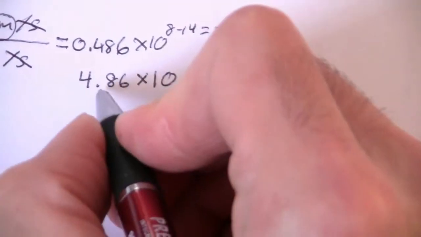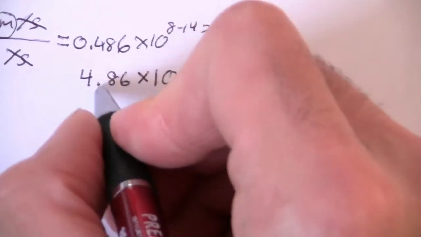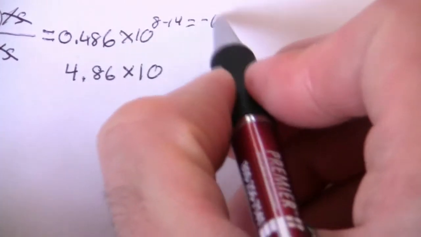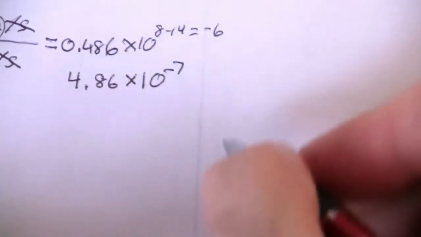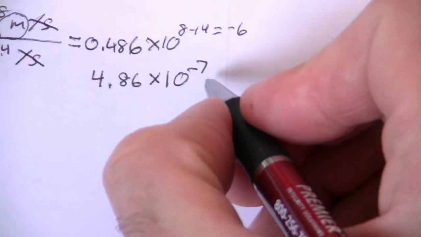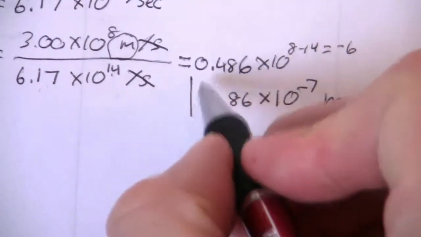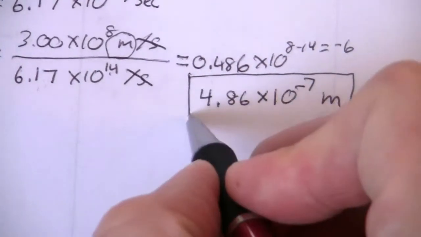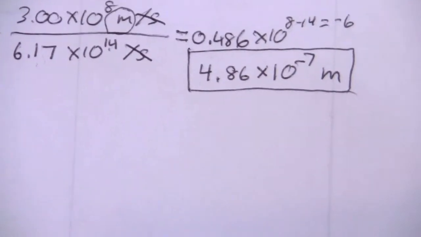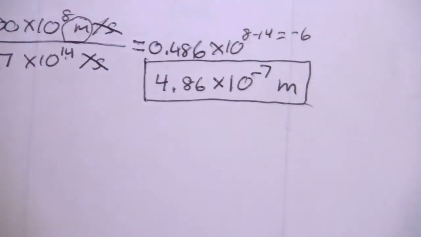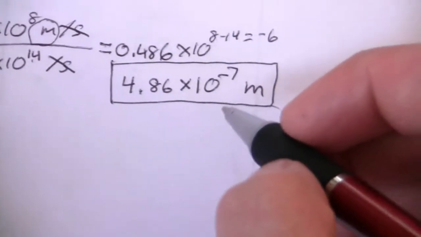All right. So if we put this in proper scientific notation, that's where we have the decimal after the first non-zero number, and this will be, let's see, it's going 6 places to the left from here. So now from here it has to go 7 places to the left. Okay, and my units are meters. Right? So this is the wavelength. Okay, now most typically, actually, we wouldn't leave it here. We would write this in units that are more familiar or more useful to us,